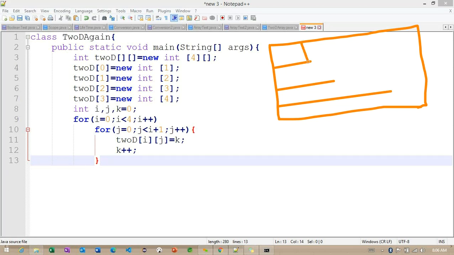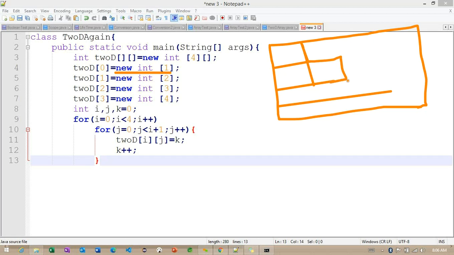Initially we are having 0. In the 0 index location, we are creating one more array. Getting the point. So only one value we are going to store here. For the second, we are having second rows here.